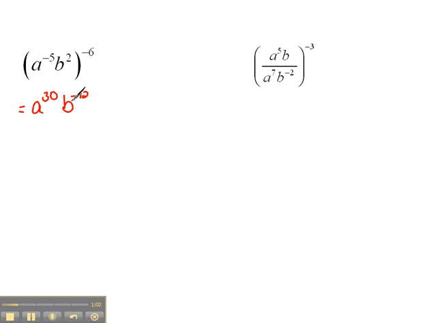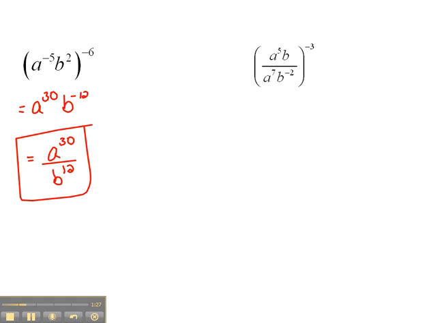Now, this negative exponent means that this b is in the wrong position. It doesn't belong up here. We have to put it in the denominator. So when we simplify it, it would be a to the 30th over b to the 12th, and that is much better. Now this next problem I'm actually going to do two different ways